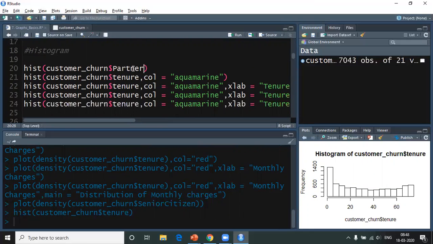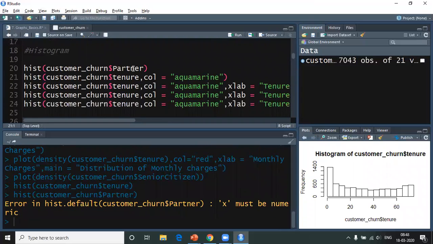All right, so here it goes. And here, if you can see, it says X must be numeric. Now, can you guess why it is saying that X must be numeric? Anyone? Can you just pause the video for a second, go back to your help, and guess why or what could be the reason that they say X should be numeric?